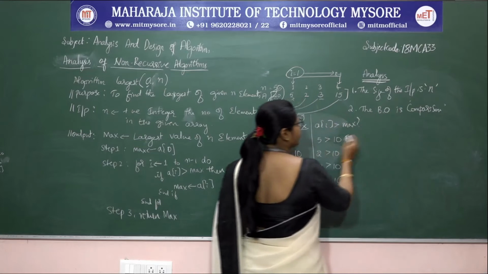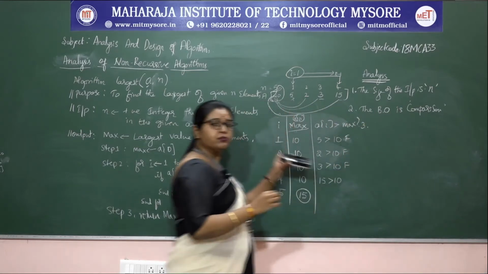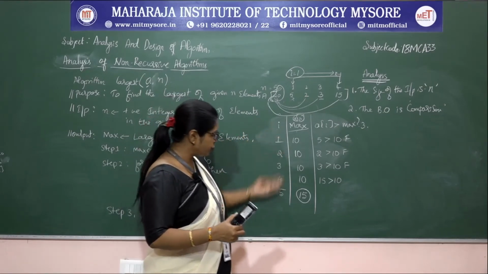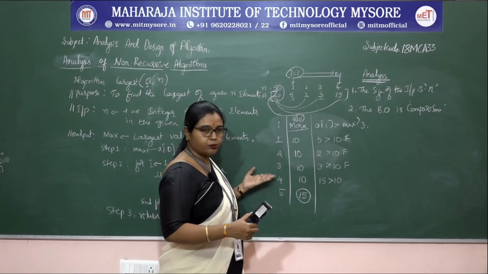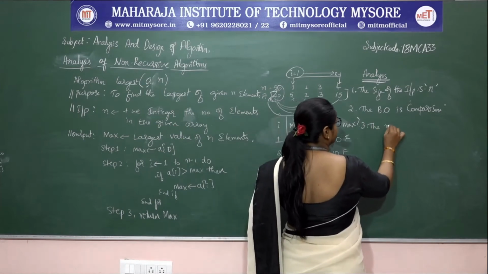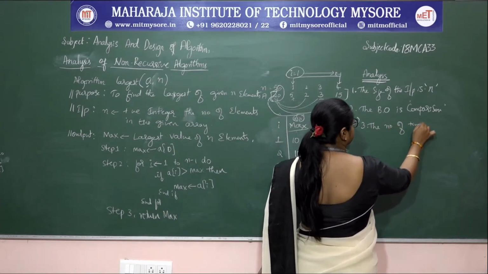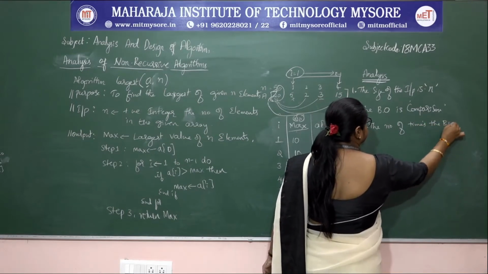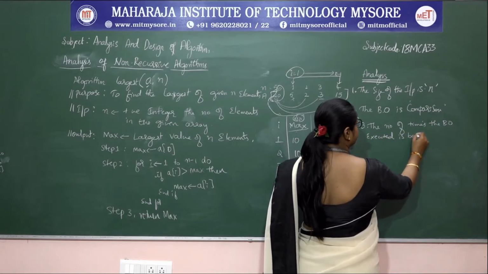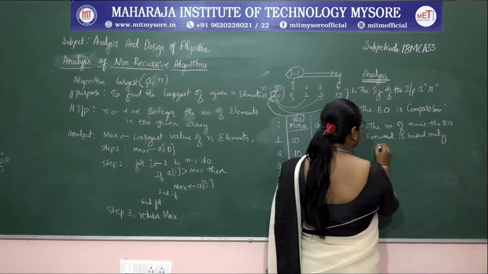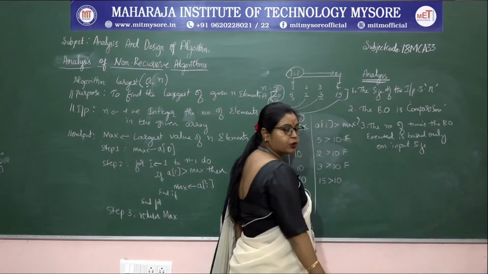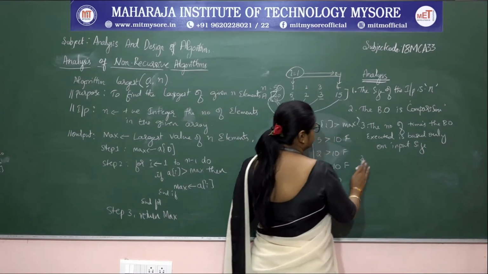Right? We are doing the comparison. And the third step, the number of times the basic operation is executed: is it based on the input? Fully? Yes, of course, it is going to work for all the given inputs. So definitely the number of times executed is based only on input size.